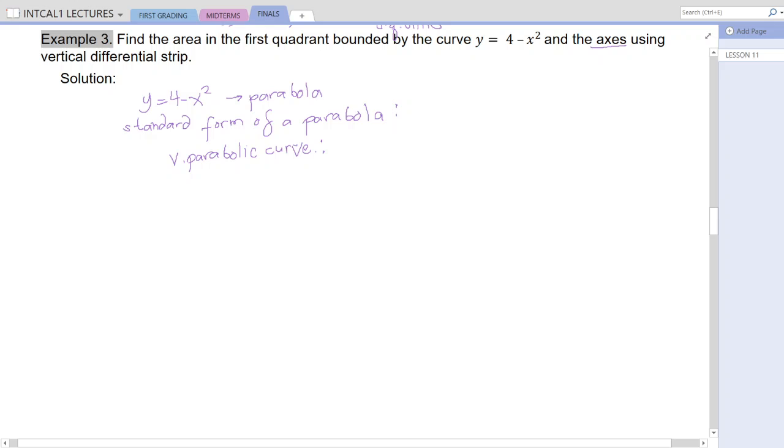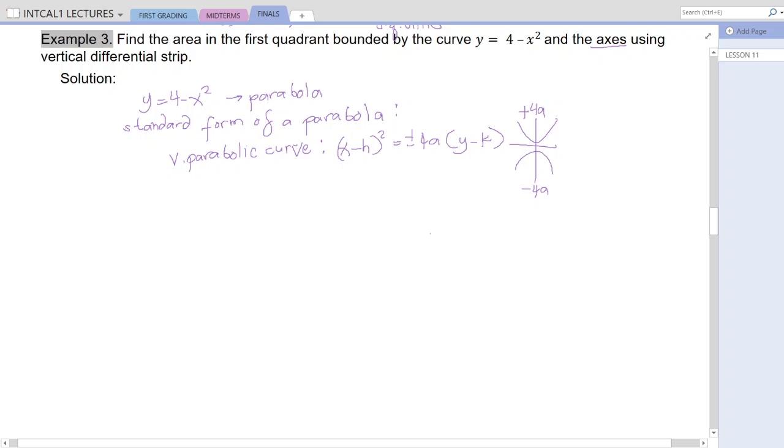Okay, the standard form for a vertical parabolic curve is x minus h, that is squared, is equal to plus and minus 4a multiplied by y minus k, and that is opening upwards or downwards, since if that is a plus 4a, that opens upward, and this will be the minus 4a,